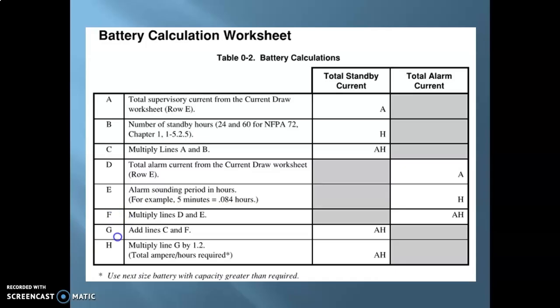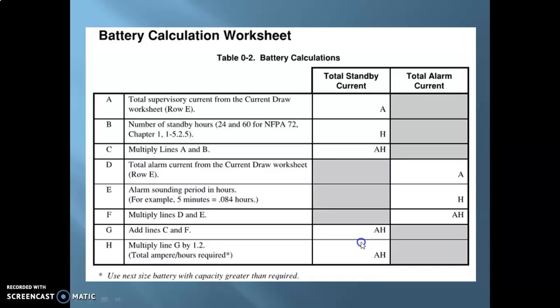In that case, you can take 0.084 and multiply it with the total alarm current in order to get the total alarm ampere hour rating. Once you get this, you can add both the total alarm ampere hour rating and the standby ampere hour rating in order to get the total ampere hour rating, and then multiply that with 1.2 in order to get the complete and actual battery size with the ampere rating.